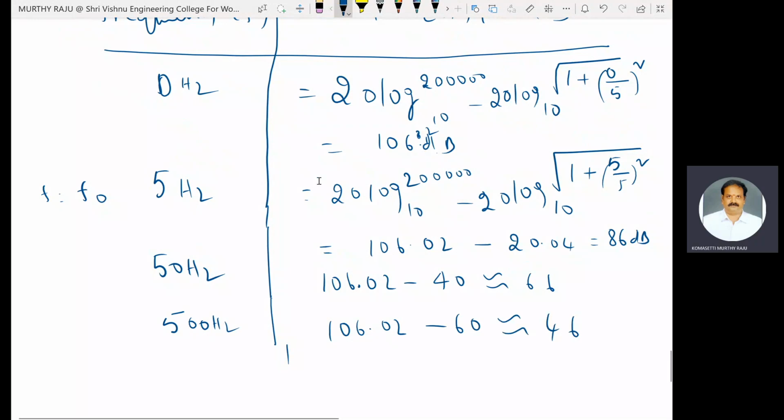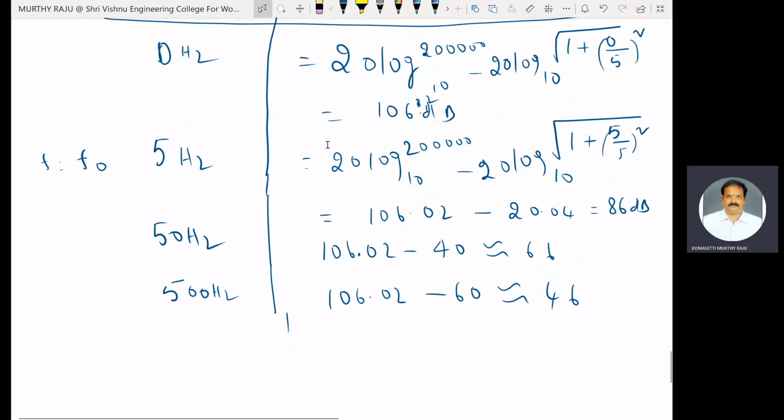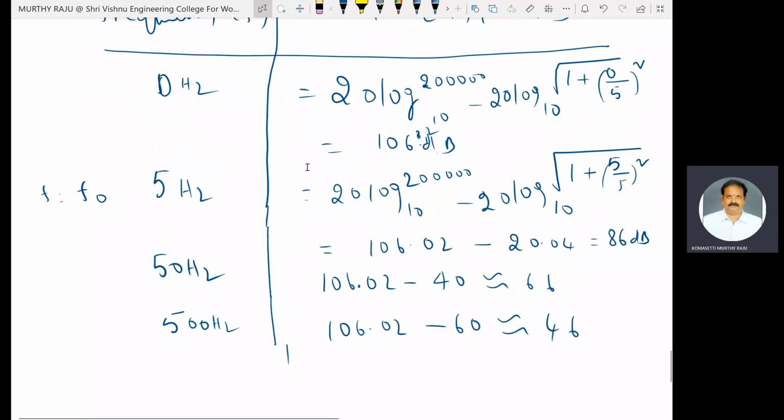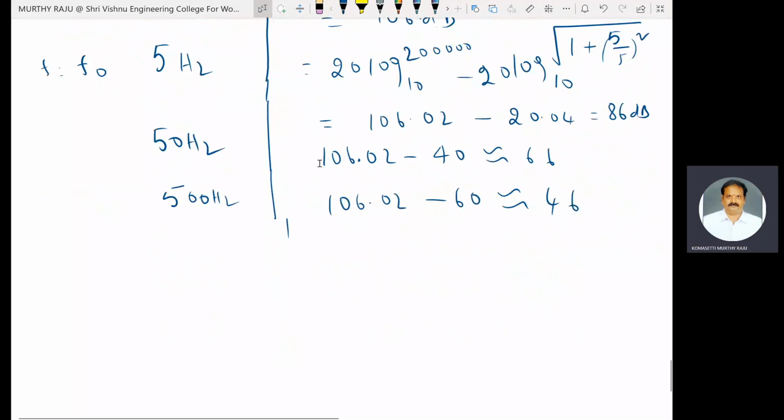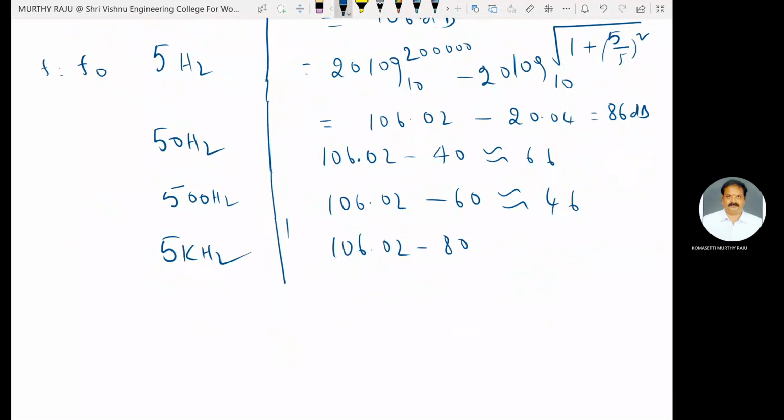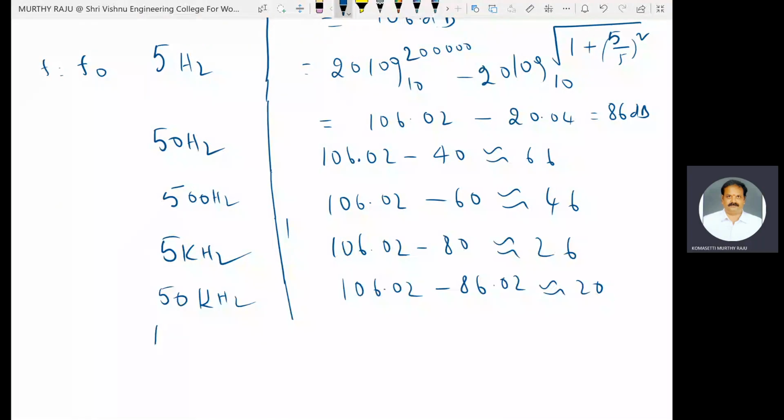At 5 kHz, mod AOL of f is equal to 106.02 minus 80. At 50 kHz, the value is 106.02 minus 86.02, that is 20. At 100 kilohertz, the value is 106.02 minus